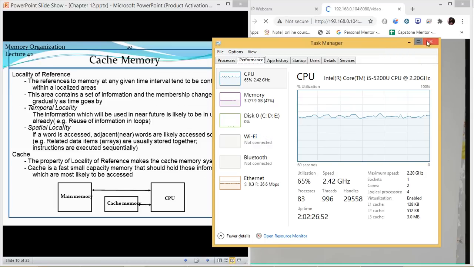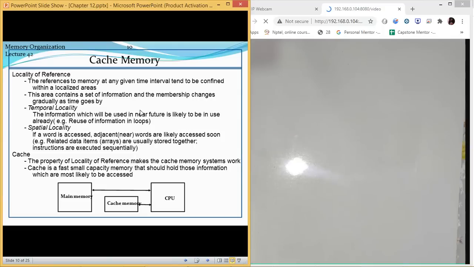We'll discuss how these things work, what was the need of cache, and how we decide which data we should be shifting to cache. Like from disk, which data should be shifted to cache, or from memory, which data should be shifted to cache. So we are going to discuss that. There is a concept behind it.